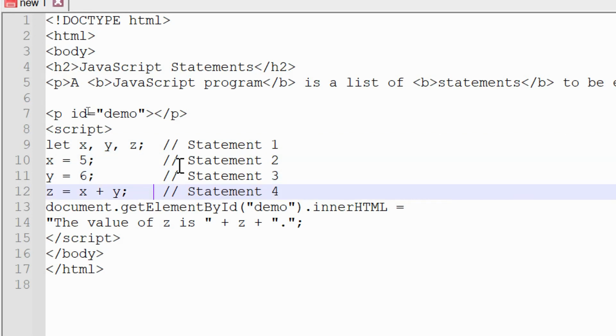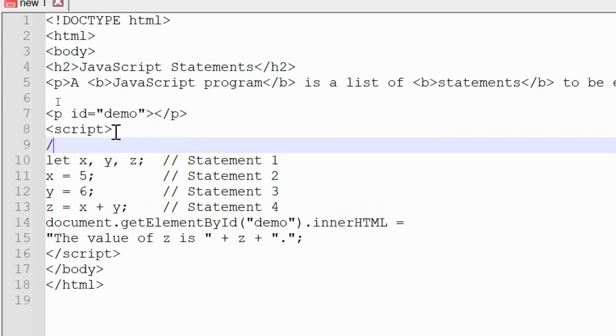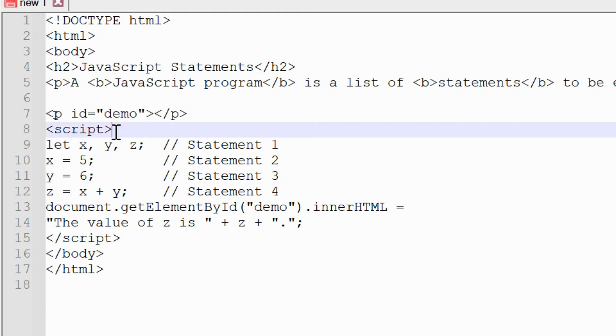In JavaScript, for a single line comment we use double forward slash. Whatever you write after the double forward slash will not be displayed on the browser. You can use it for your own guidance, like for what purpose I am using something, or you can also put the comment above that line. It will not be run on the browser. It is for yourself, like for which purpose you are using a variable.